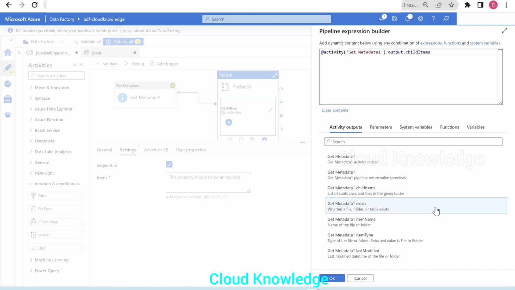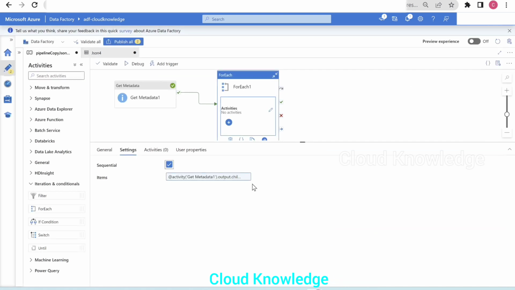So we'll click on this child items and it will give us @activity. The activity name is get metadata 1 dot output dot child items. Means from the get metadata activity, take all the child items. We'll click on OK. So the settings in the for each is done. That is, whatever the child items are coming from the get metadata activity, we have to process the child items one by one in sequential order.